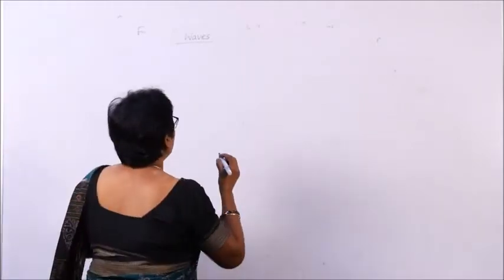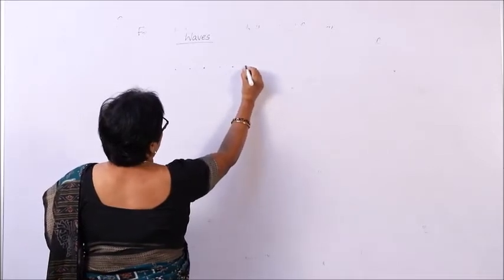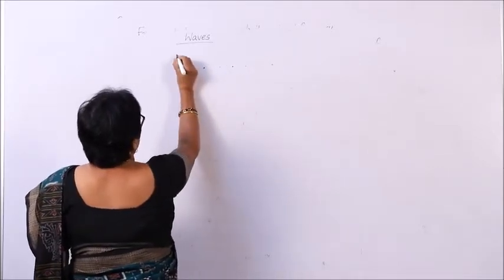One particle is disturbed and left, it oscillates with a certain frequency. It may oscillate like this or it may oscillate like this. Now what happens when there are a number of particles and there is some disturbance, what will happen? So if you have a medium in which there are many particles and there is a disturbance